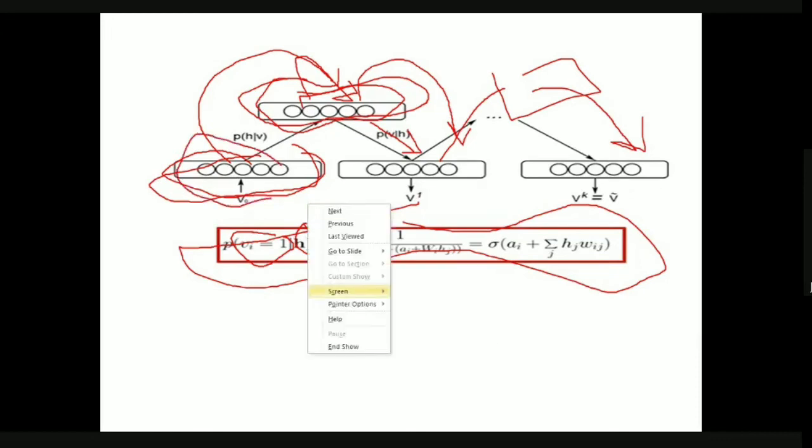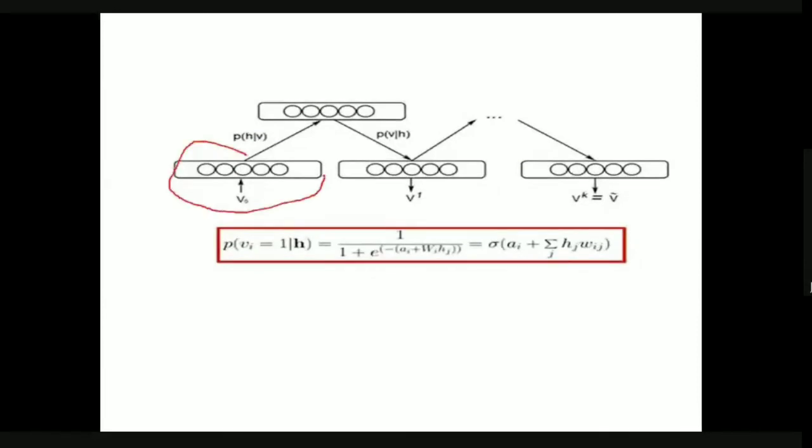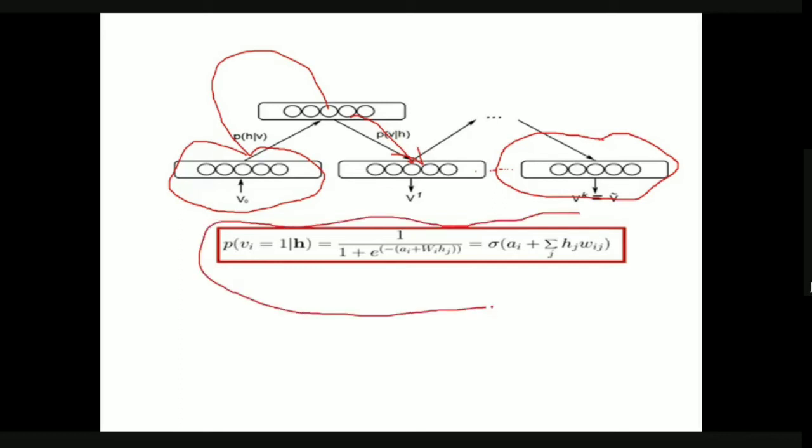I'm going to clear the screen actually. So this is our original input value, and from this we got this one, and from this again we got v1, which is a reconstructed input value from the original value. So on and so forth, we are going to get the reconstructed input value. We get this with the help of this particular formula. This is how we are going to get the reconstructed input from the original input value.